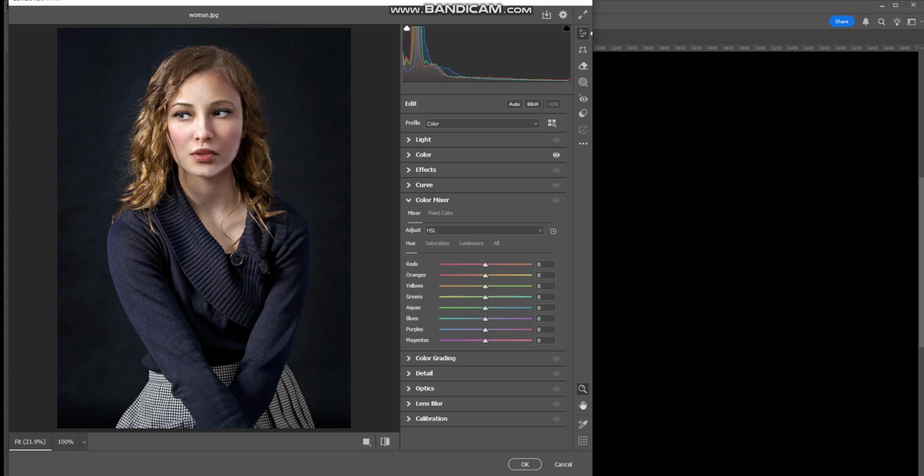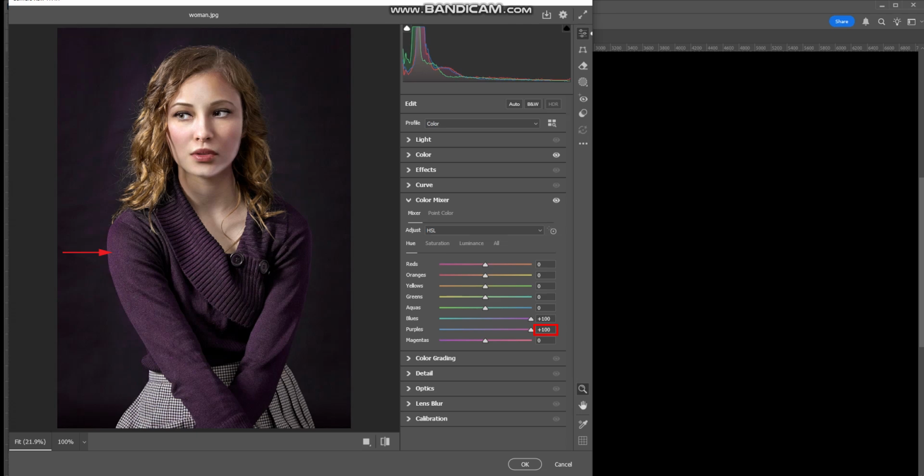For this, we're going to focus on the blues and the purples in the photo. So we're going to take the blue slider. Here we're going to change the color of her sweater, and the color of the background in the photo are now on the purple end, so they look far more purple. And then we'll go ahead and come down to the purple slider and slide it all the way to the right,